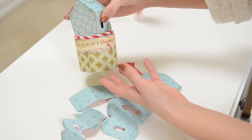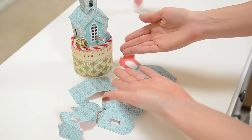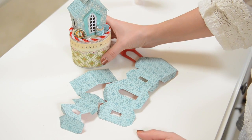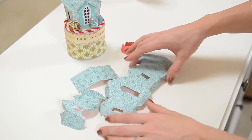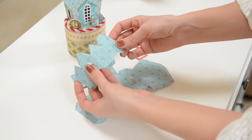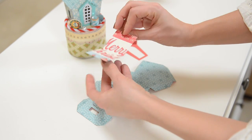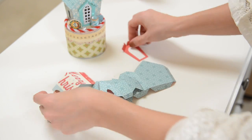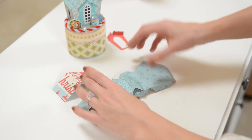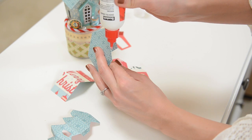which is almost the same as the round box which I just put together. So you're just going to use the same principles for putting the lid and the bottom together for this one. So here's how the church itself goes together. We've got this one main body part and the little tower up on the top, and we've got the roof here, which I think I'll flip over to get a little crazy, and then we've got our little porch here too. So let's start with the largest piece here,